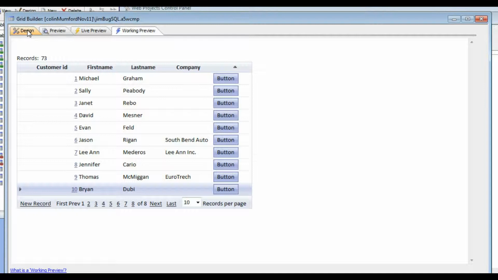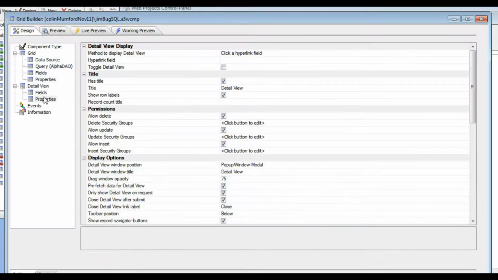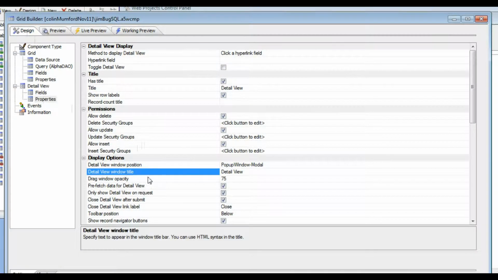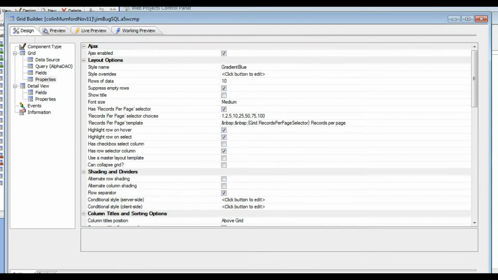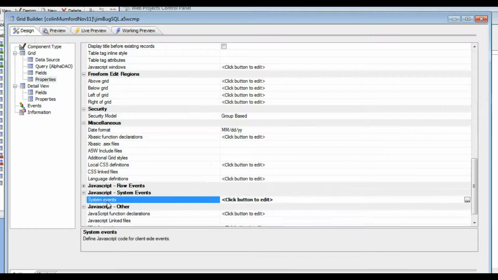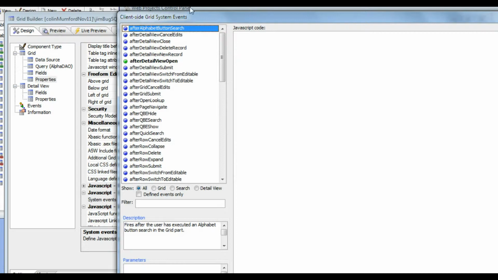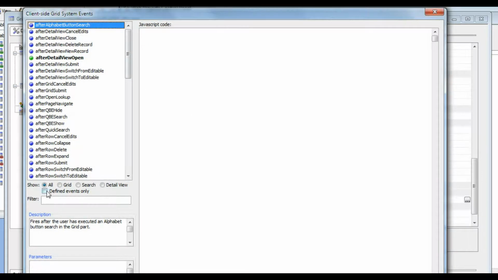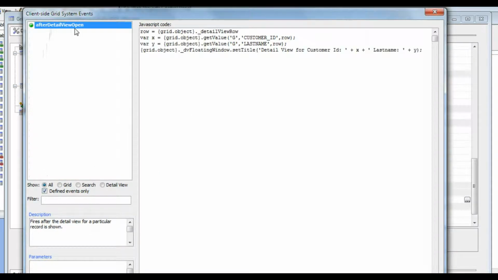Now if you look in the design of this component, you'll see that the detail view title here says detail view, so there's no ability in the detail view title to specify dynamic placeholders. So the way in which we solved this problem was by going to properties and then going to the JavaScript events, the system events, and let's edit the system events and take a look here at the after detail view